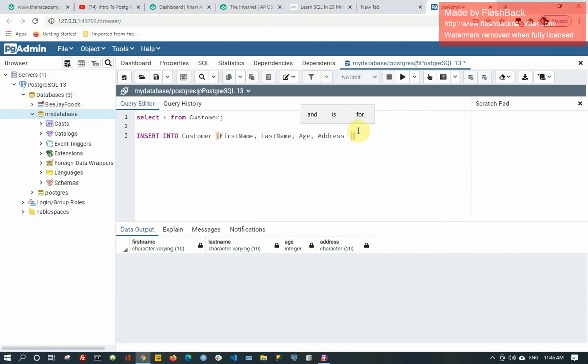That's it. Then we move on to the values which we're going to insert into the table for each column. So we type values,